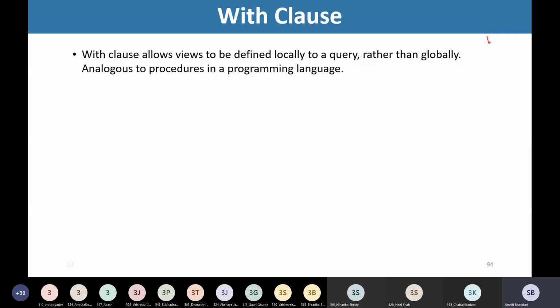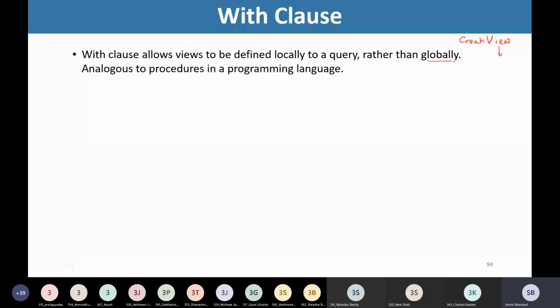We have seen views earlier, right? Whenever we write a statement like create view, the definition of that view is stored in our database system. So a view is not data, but the view definition is stored in the database system.